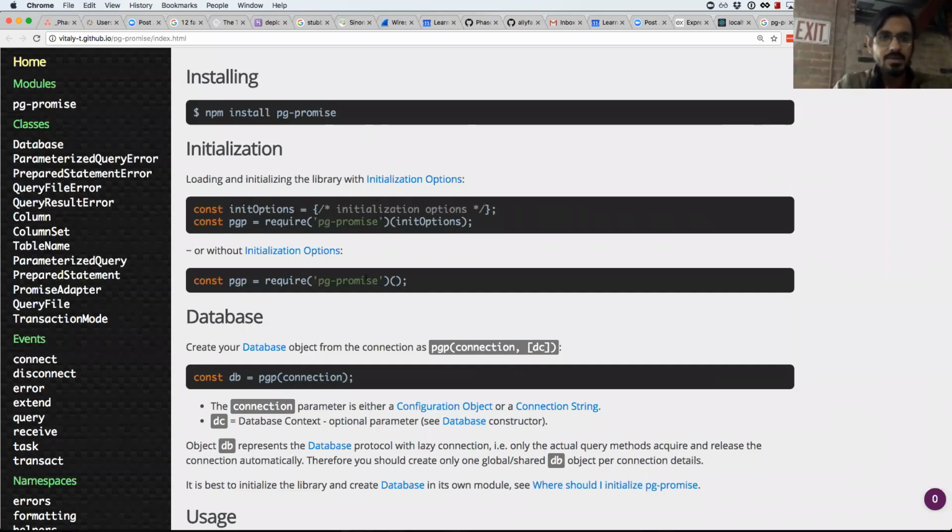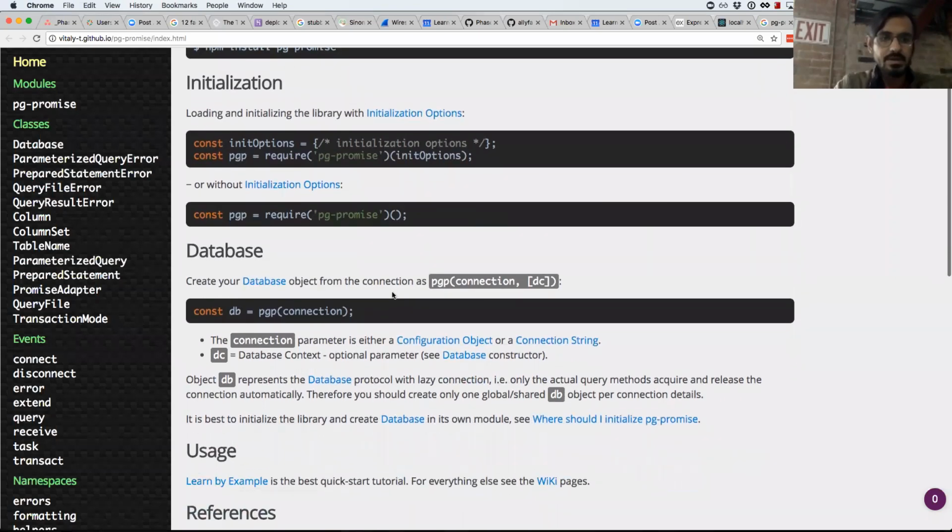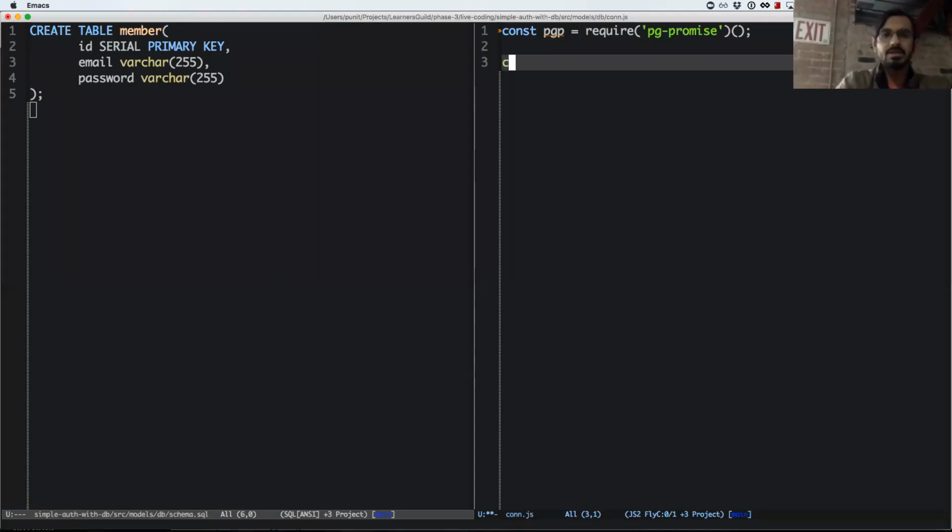Require pg-promise, and then db is the connection. So const db equal to pgp of